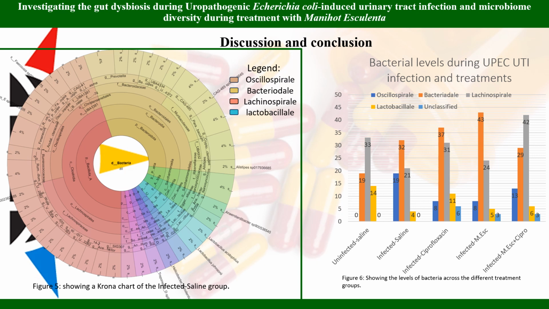So we had 4 different groups of bacteria that were mainly involved. We had Oscillospirales, which are linked to constipation, which is a symptom of an infection. There were no traces of Oscillospirales in the untreated and uninfected control group. However, they shot up to their highest level when the infection was introduced to the host, elevating all the way up to 19%. However, the three treatments were able to lower the levels of Oscillospirales to 8, 8, and 13 respectively, meaning that the host will be less likely to suffer